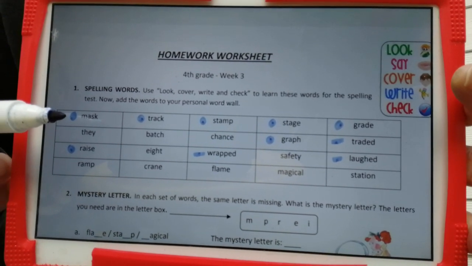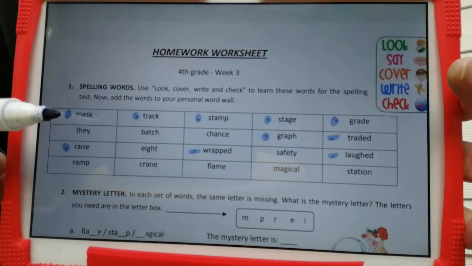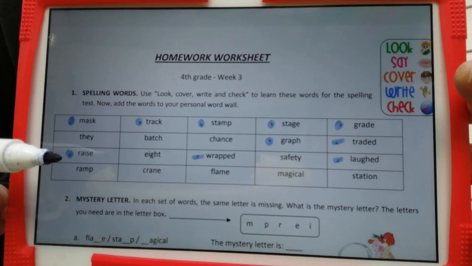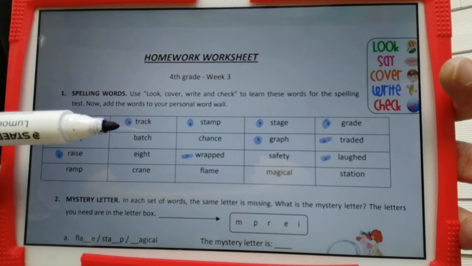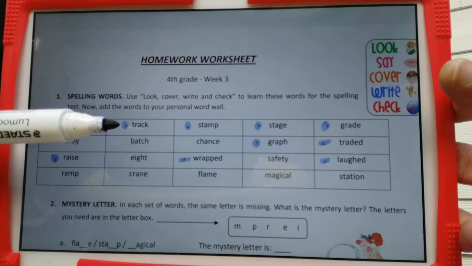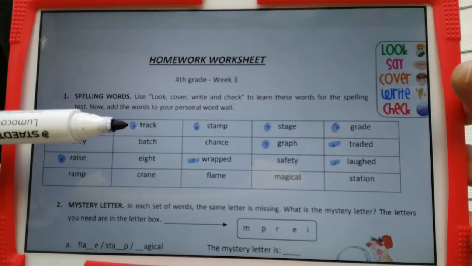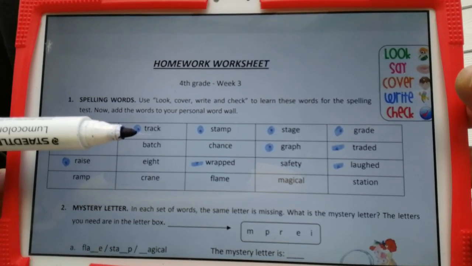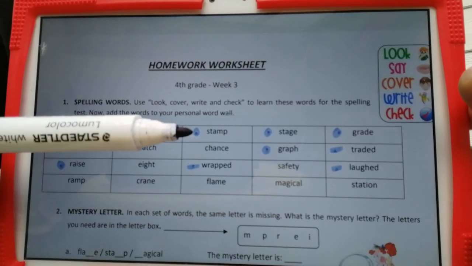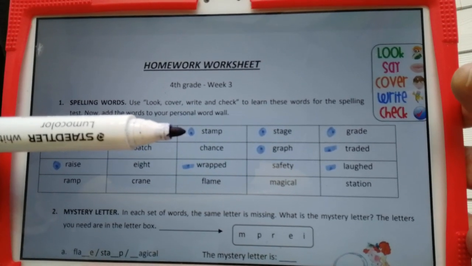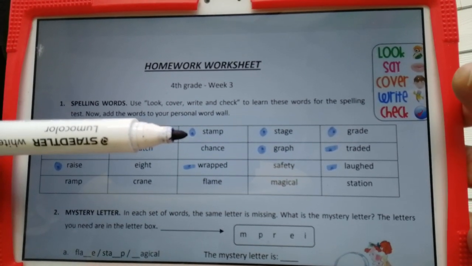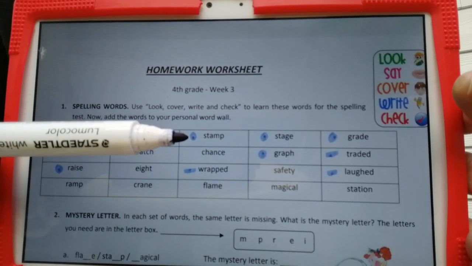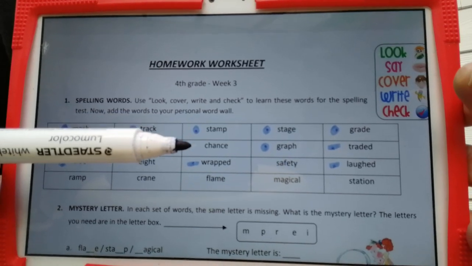So mark, you would grade, and mask, you put on a mask, you mask yourself, okay? Race, we talked about that one. Track is to follow someone. Remember, we said that is a pista de atletismo, for example. So when you track someone, you follow them and try to find everything about them. That's what detectives do. They track people. Then we have stamp, again, when you put a stamp on an envelope or you put a seal, un sello, but not one of those to send a letter, but un sello to sign something under it, you stamp it, okay?